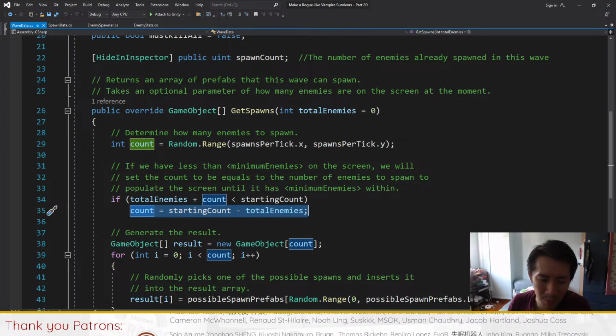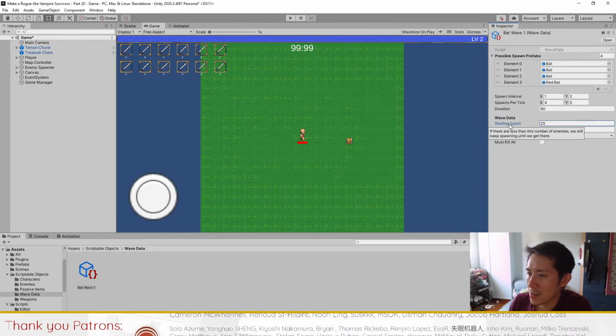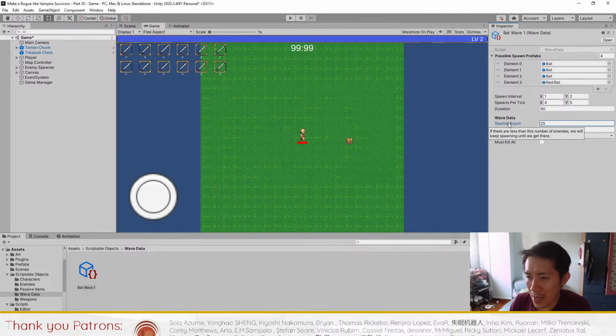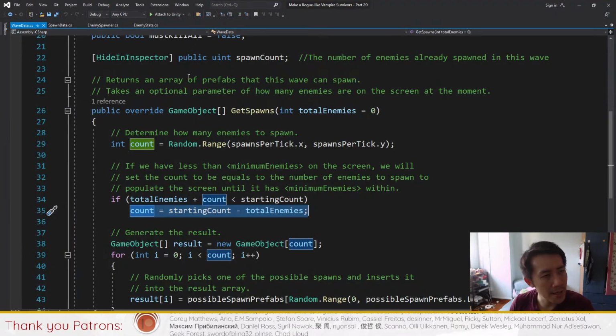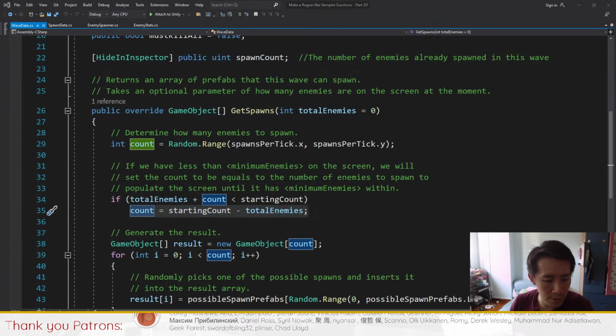This is just a small thing, because we have a little property here that allows us to set how many enemies there are at minimum when the wave starts. So with that being said, I should have explained everything in the spawn data and wave data code. So let's move on